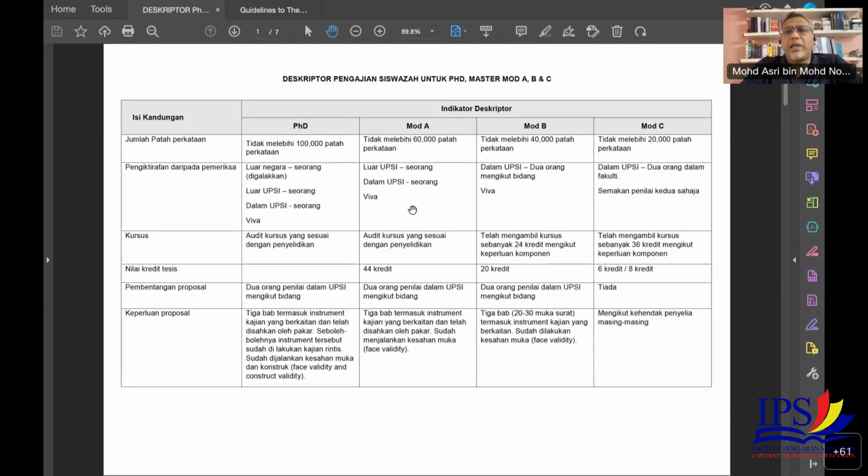Okay. Is there any need for a proposal presentation for MOHD students? Now, in general, there is no need for you to defend your proposal, like what students in PhD or EDD or Mod A, Mod B are doing. Okay, so usually, in principle, students who are doing Mod C, a project paper, are not required to present their proposal. However,